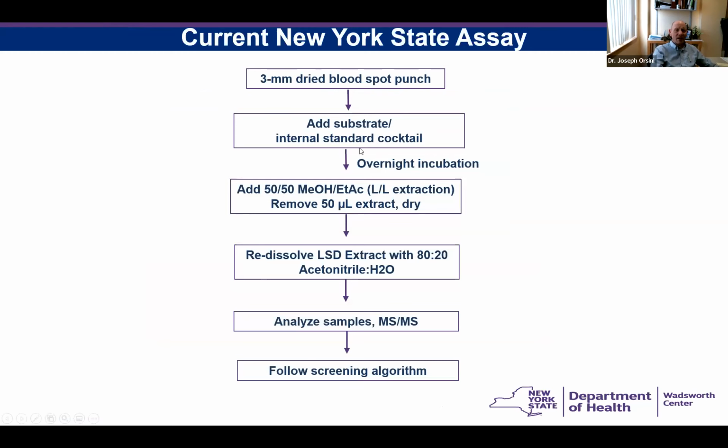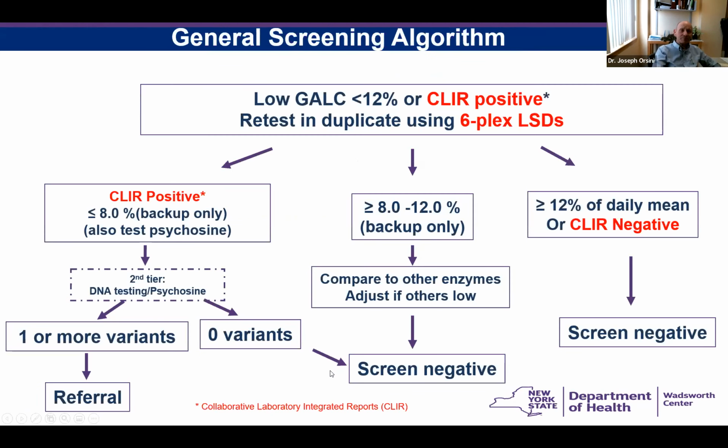Take a dry blood spot, add substrate and internal standard, incubate overnight, and perform a liquid cleanup. Basically this allows you to remove all the protein and salts and things that you don't want from the blood, so you only get the compounds of interest. Then run them on a mass spec, and then we'll follow the screening algorithm that I show you here. This looks complicated, and I'm not going to go into every detail. Essentially, what we're looking for